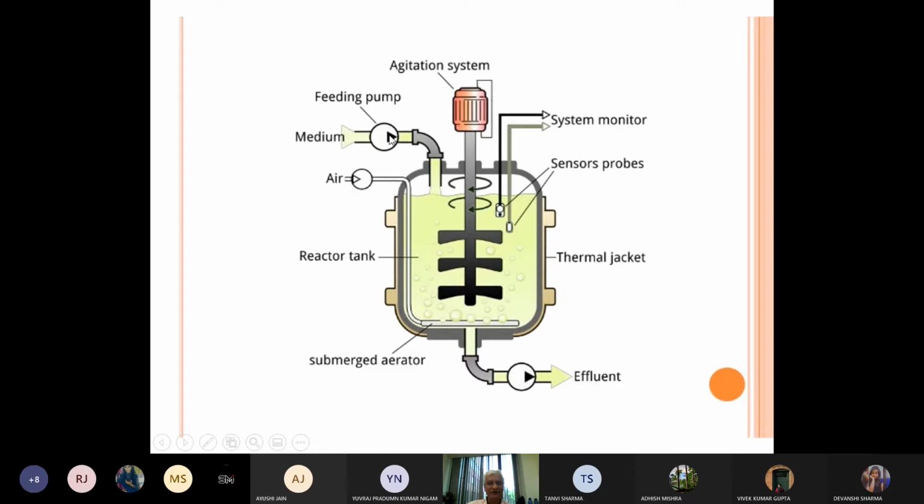So you fill up the fermentation vessel with the media. So that is a media port. Right now we are talking only about construction. So this is a media port, and this is a feeding pump. We are talking about 10 liter to 5,000 liter big fermenters. So you need to put the media using a pump. So this is a pump with a valve, a feeding pump.